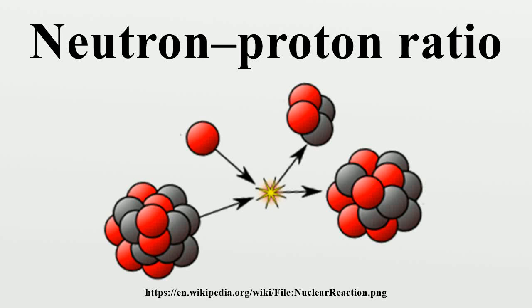The neutron-proton ratio of an atomic nucleus is the ratio of its number of neutrons to its number of protons. Among stable nuclei and naturally occurring nuclei, this ratio generally increases with increasing atomic number. This is because electrical repulsive forces between protons scale with distance differently than strong nuclear force attractions. In particular, most pairs of protons in large nuclei are far enough apart that electrical repulsion dominates over the strong